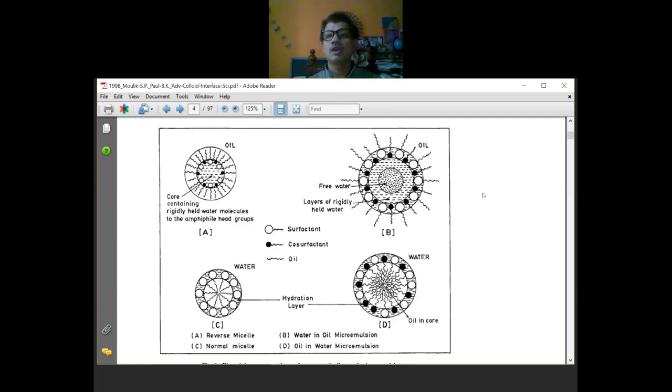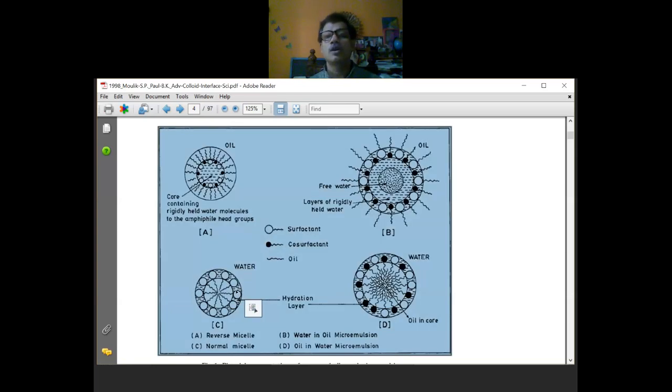If you could recapitulate whatever we have studied, we have seen that depending on the solvent, also depending on the HLB value of the surfactants, they form aggregates in